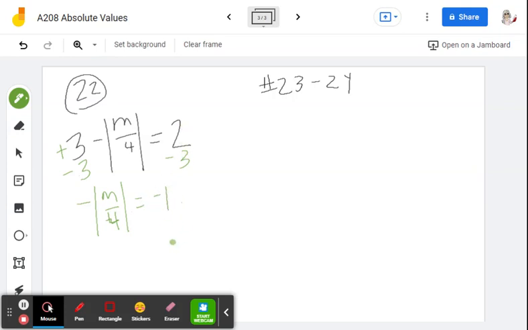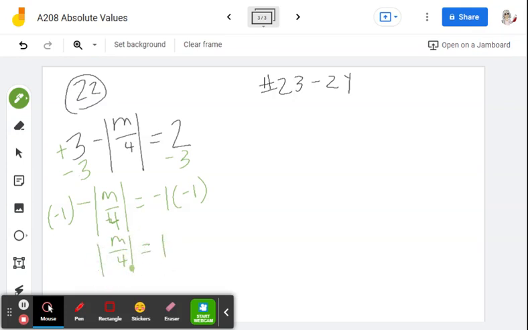2 minus 3 is negative 1. Now, I said this absolute value can't be negative, which is okay because it has this negative in front. If it didn't have this negative in front, there would be no answer because it cannot be negative. So I'm going to multiply this side by negative 1 to get rid of that negative, and multiply this side by negative 1, and I get m over 4